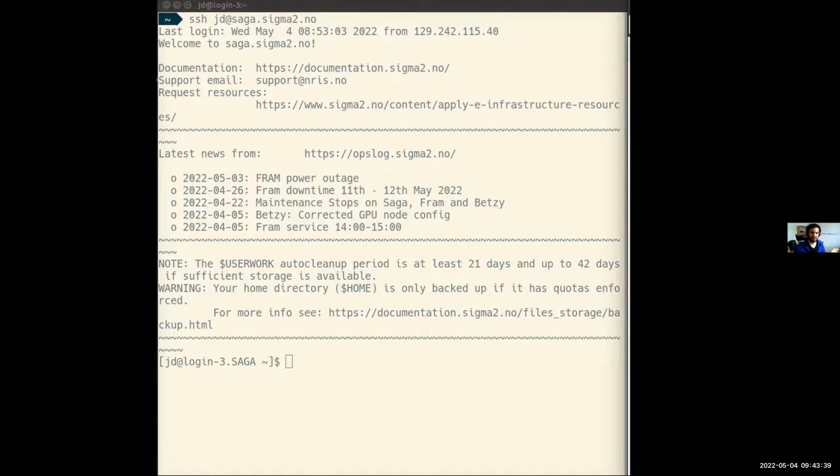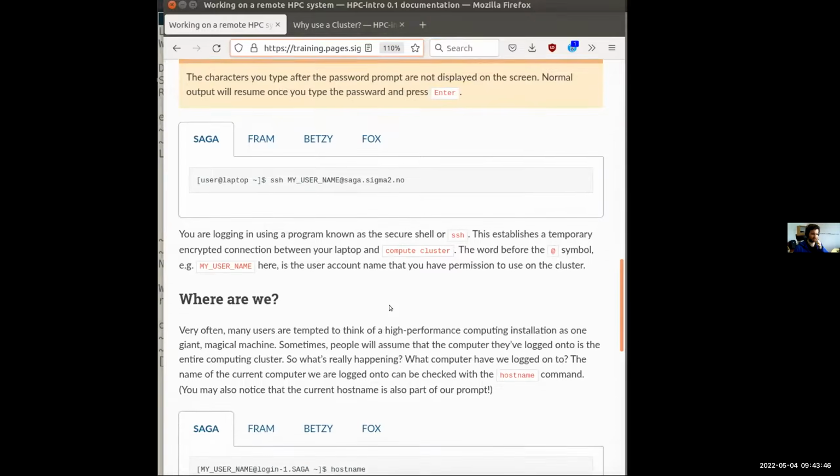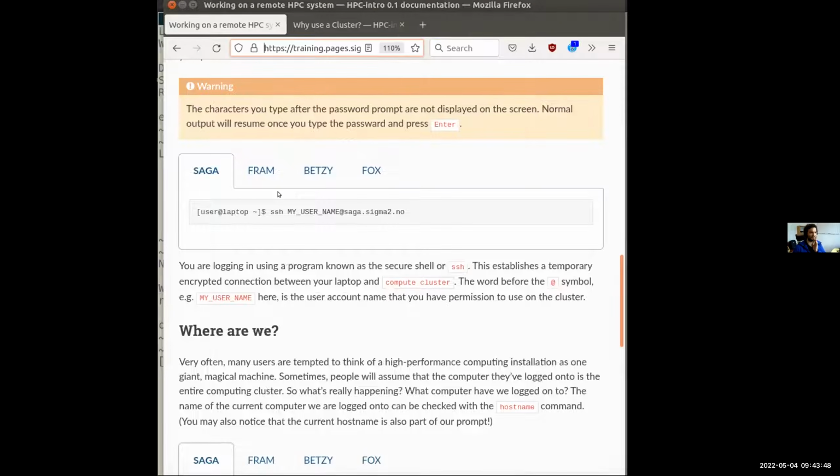So the syntax is you write ssh and then your username, which you've gotten in an email probably, at saga.sigma2.no, or your username at fram.sigma2.no.